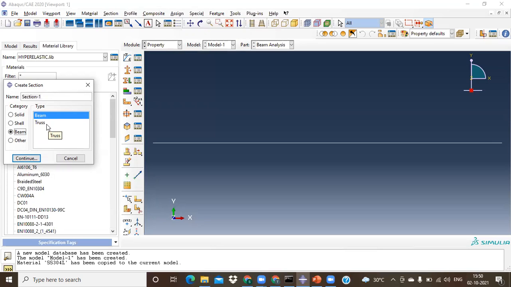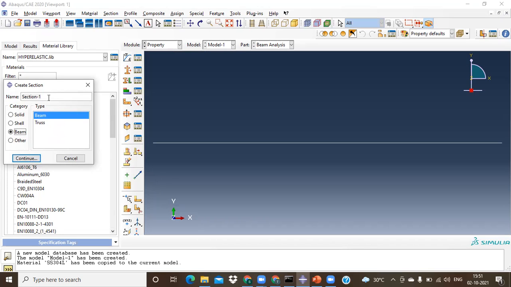If you're not worried about the contact, like the friction between the two parts, like in the reinforcement conditions, then you can use this particular beam as your solution. I'm leaving it to you guys to understand the difference between a beam and a truss element. As civil guys, you know very much about beams and trusses.